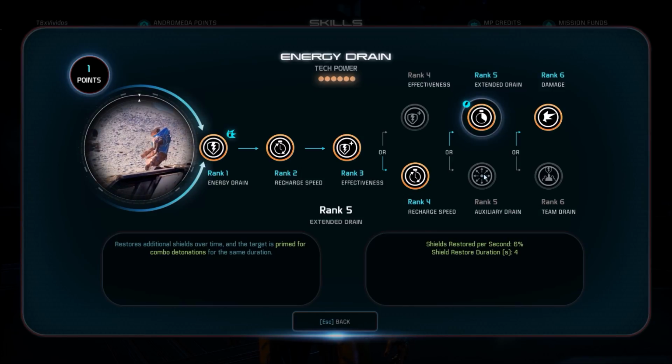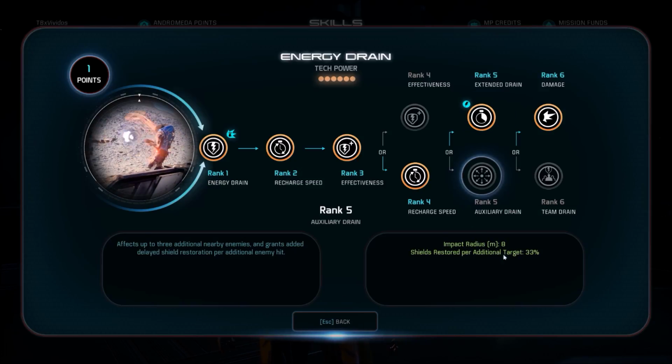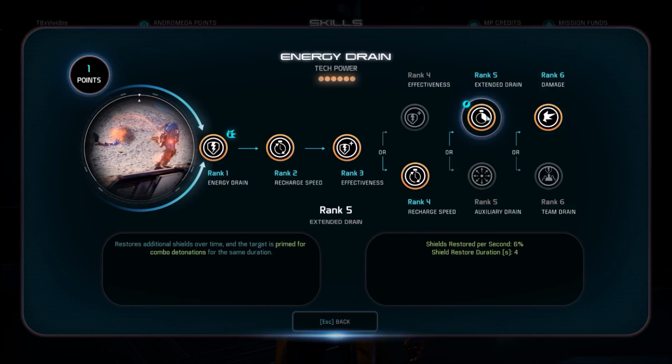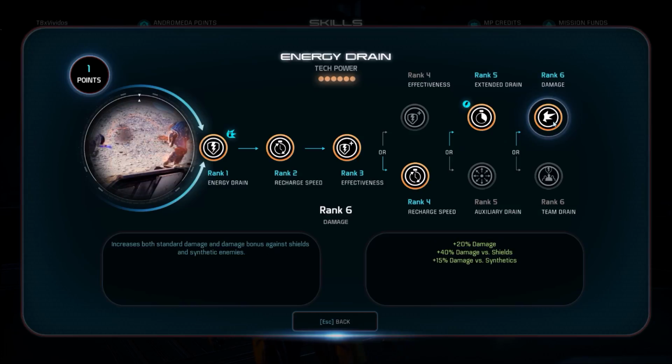This will help activate more combos for you because you are the combo queen. Doing damage to more targets, giving it an AoE, is not going to matter because our combos are AoE already. So as long as you have that one primed and then you can detonate it, you already got the AoE. There you go. Rank 6, we're taking the damage just because